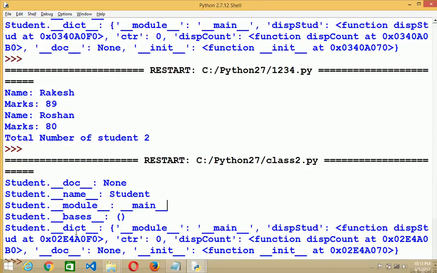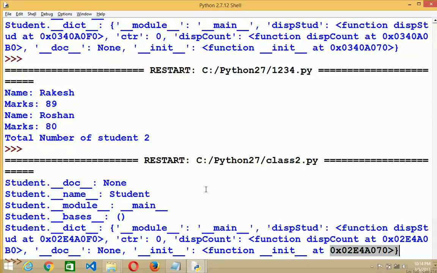Now, the dict is all the details: the module name is main, displayStudent is a function, then the counter value is 0, displayCount is another function, whose address is shown, then doc is None, and the initialization function address is shown. So all details are here in the dictionary.